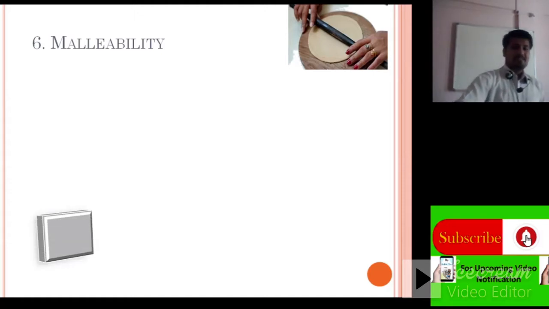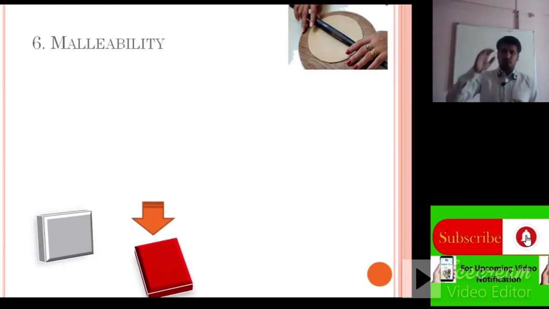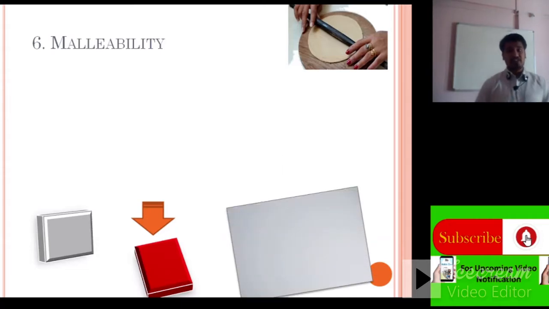Now consider this is a metal stock or material, and we apply the external force at its top side. When we apply force or hammer at its top side, after a certain time or after applying external load, the material changes into a thin sheet or a rolled sheet. That property of the material is known as malleability. That means when we apply external force or hammer at its top, the material is drawn into a thin sheet, not into a wire. Then we call it a malleable material.